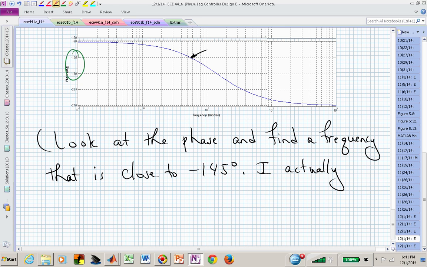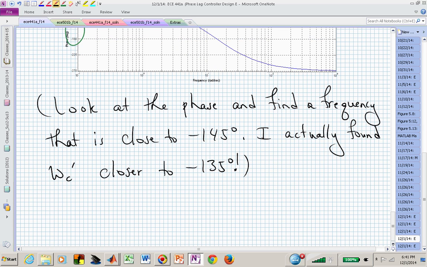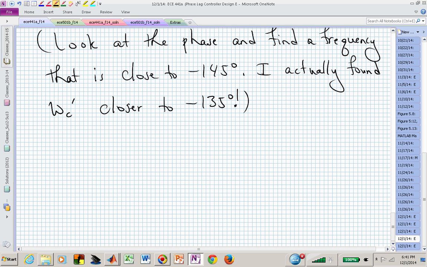So I actually just found my omega sub c prime closer to minus 135 degrees, which is really saying that my omega sub c prime is 5.8 radians per second, and that really corresponds